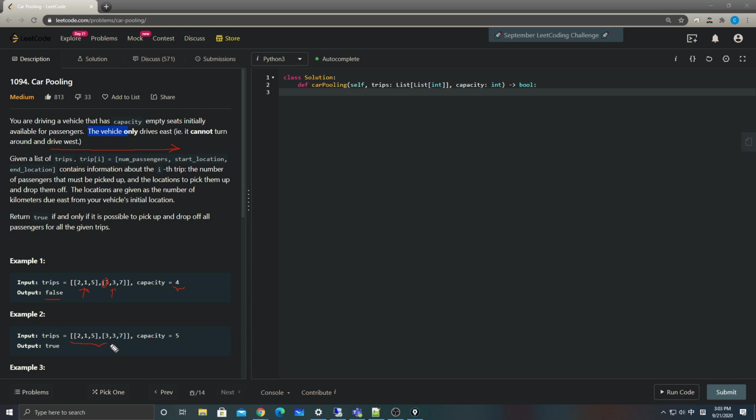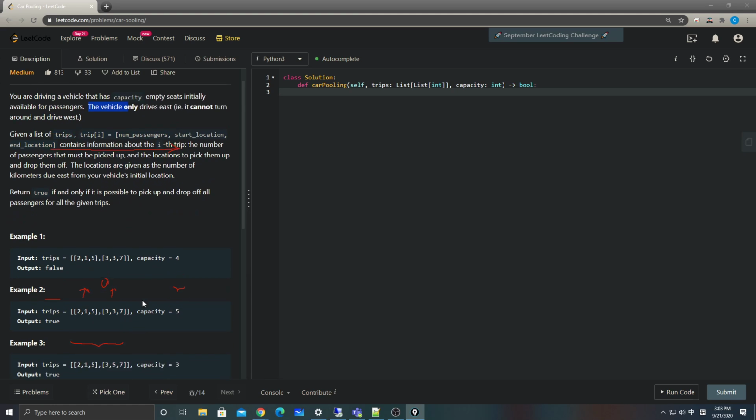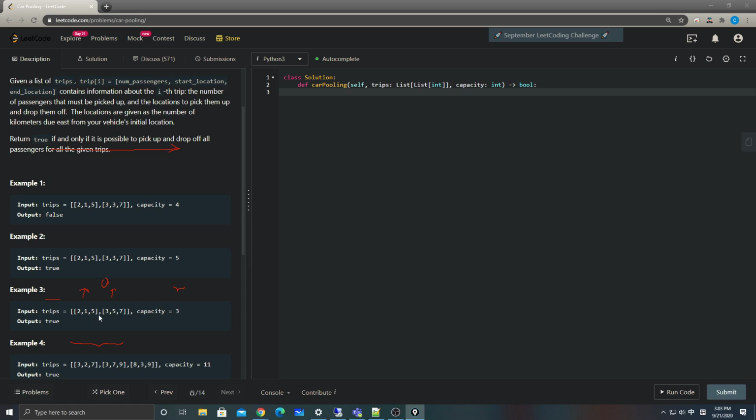And the second example is true, because two plus three is five. It's not exceeding the capacity. Same thing with the third example, since we start at five here, and then at location five we have already dropped off these two passengers. Okay, so from here, I think probably you guys already know that